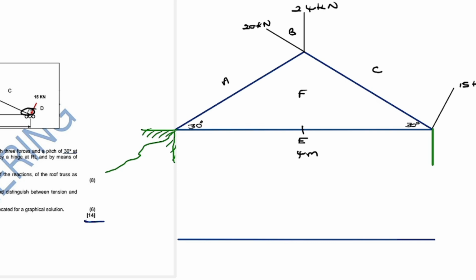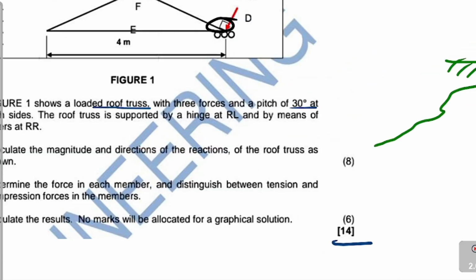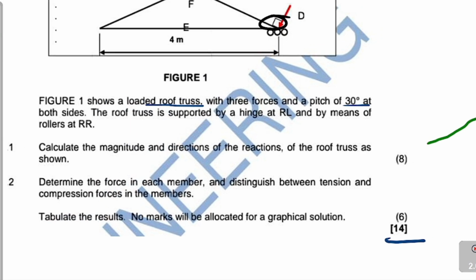Sorry, I didn't read the full question. If we look at the full question, we are being told that the roof truss is supported by a hinge at RL. So I'll mark the hinge RL. And then the other side is the rollers, which is RR for rollers. And the pitch is 30 degrees on each. That's how we got the 30 degrees. Now the question is asking us to calculate the magnitude and the directions of the reactions of the